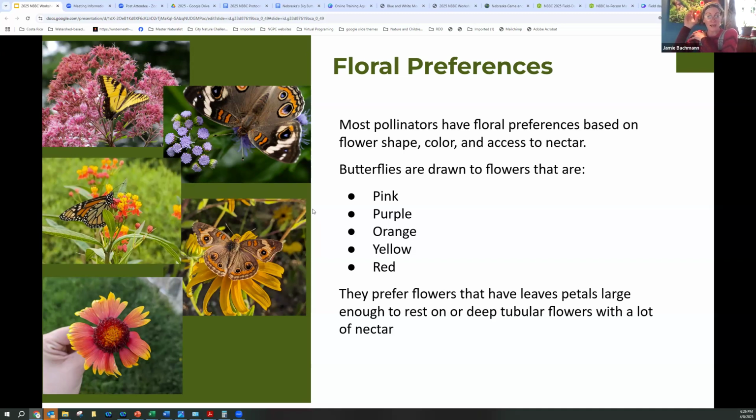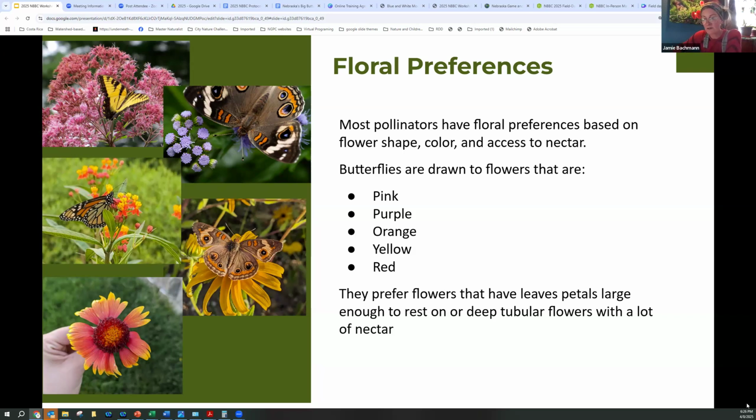And then color preferences can sometimes be based on specific butterfly families. Different butterflies can prefer, within that whole family, specific colors of flowers.